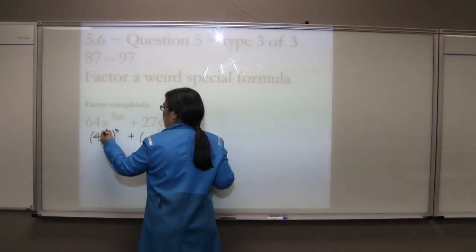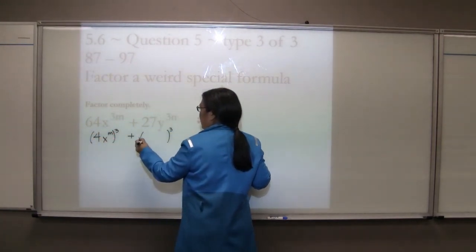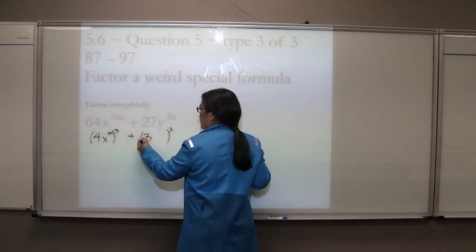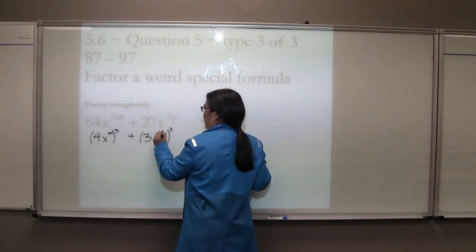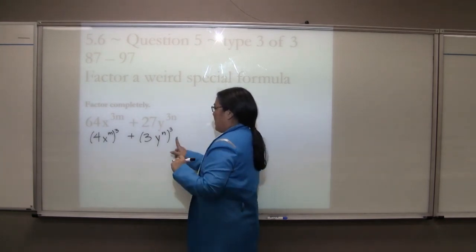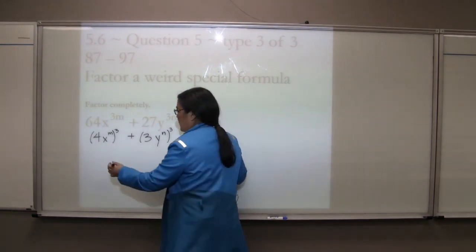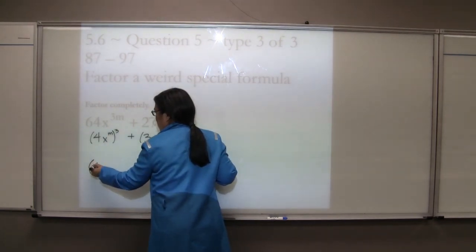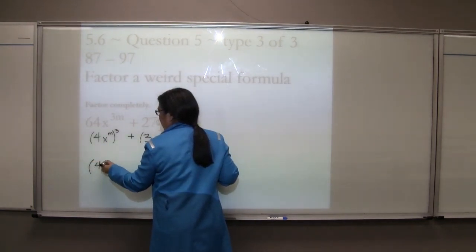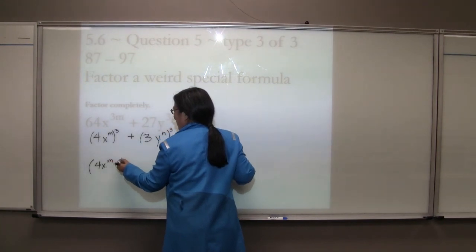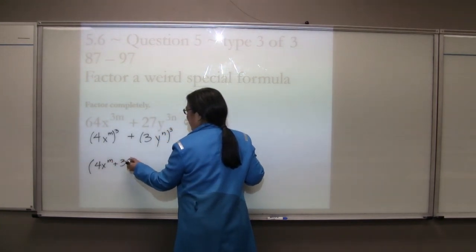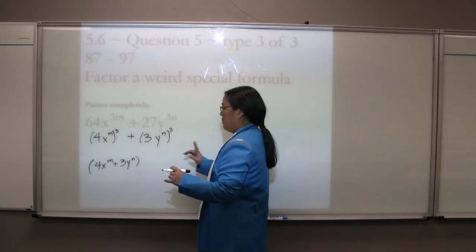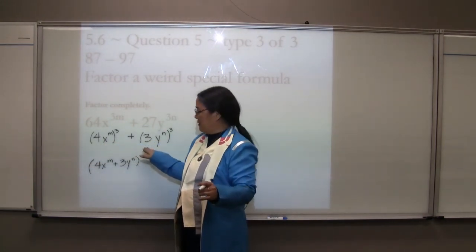x to the 3m breaks up into x to the m. And here, 27 breaks up into 3, and y to the 3n breaks up into single n's. This helps us know what goes into our binomial and trinomial. So 4x to the m plus 3y to the n. That's our first one. Now, I showed you with the 3 little things down here and the 3 little things